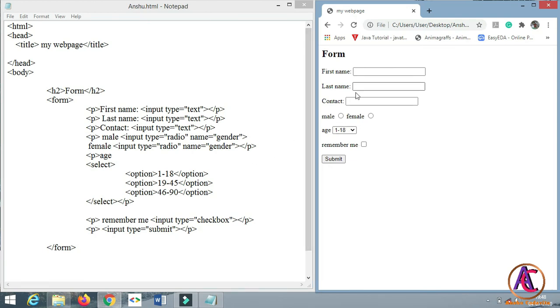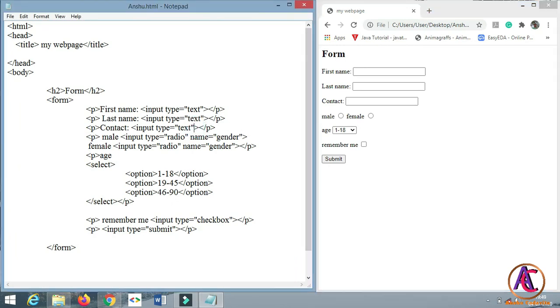So let's go to contact, and we can also give a default country code of +91. To give that, we have to go to contact and give the attribute value. In value, we can type +91, so that a default value of +91 appears in the text box of contact. And also for the submit, we can change the name from submit to submitted by using the value attribute. Type value, and in between give the name Submitted.